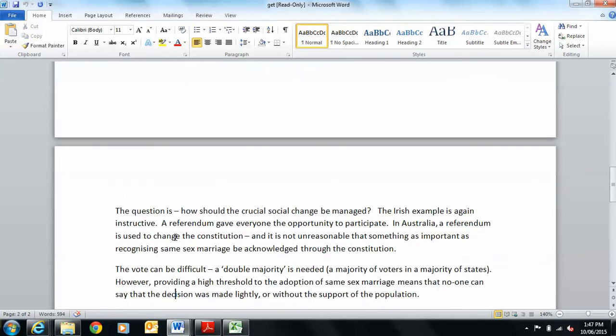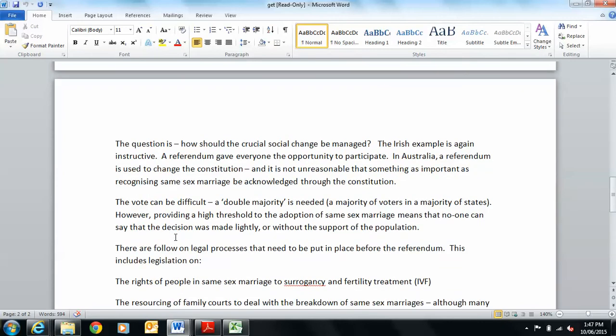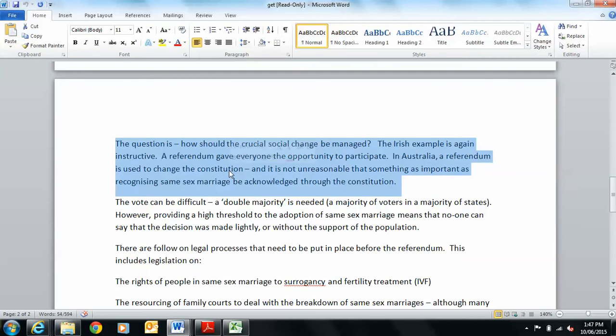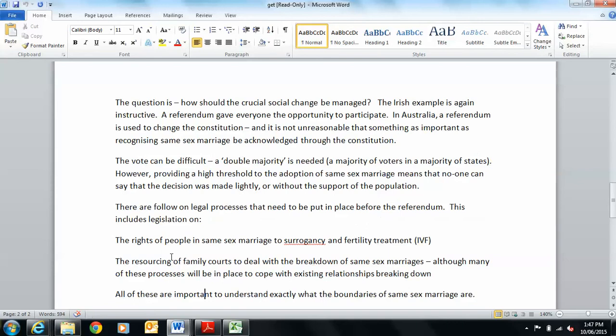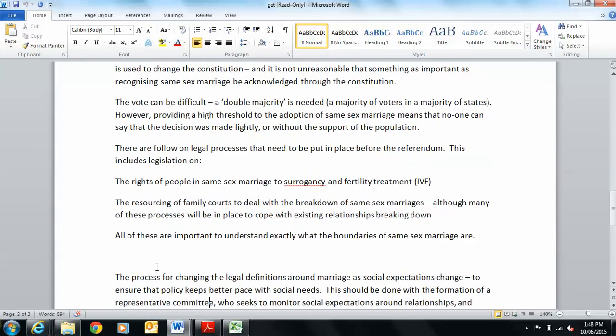So once we've analysed it, then what should we do about it? And here I've referred to the Irish referendum that gave everyone an opportunity to participate in the decision. Talked about some of the process of changing the constitution through a referendum, if that was going to be the process here. Looked at the area of some other issues. So saying, okay, if we were to legislate same-sex marriage, it would have an effect on who has access to reproductive technologies, for example, like IVF, who has access to adoption, surrogacy. And so those become important as well.